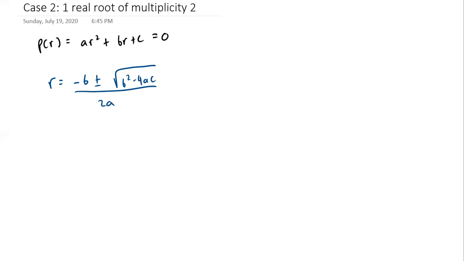When do we only get one solution out of this expression? Well, for this expression to have only one solution, and again, this is multiplicity 2 for the one solution,